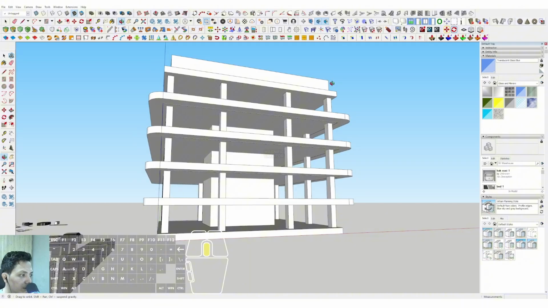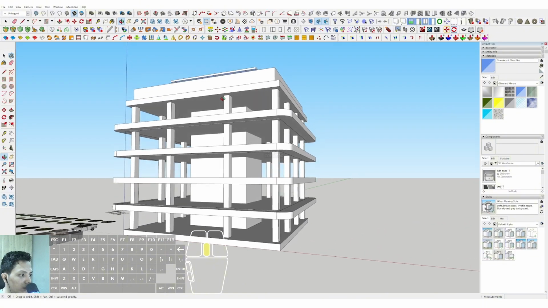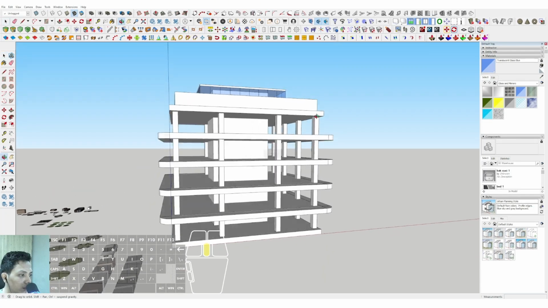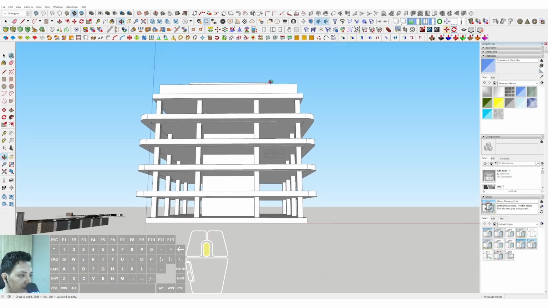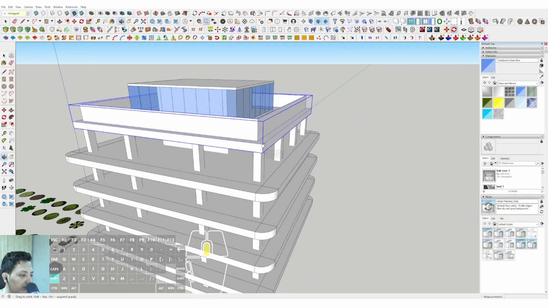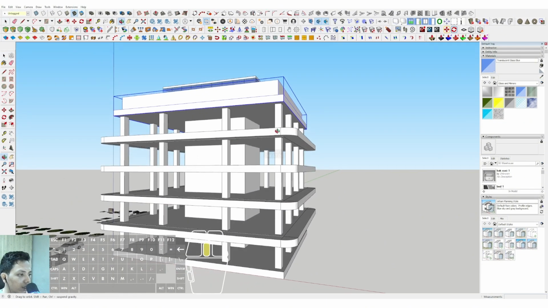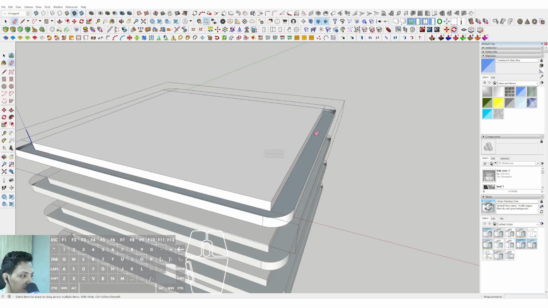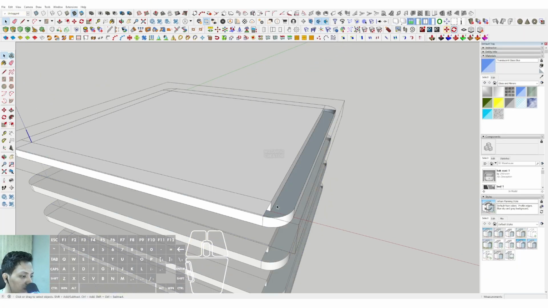So this is about the design. Anyway, this is about the design, and okay, now we can erase some